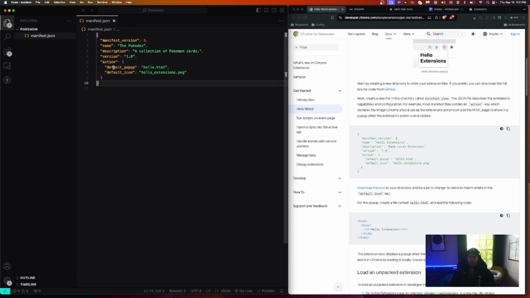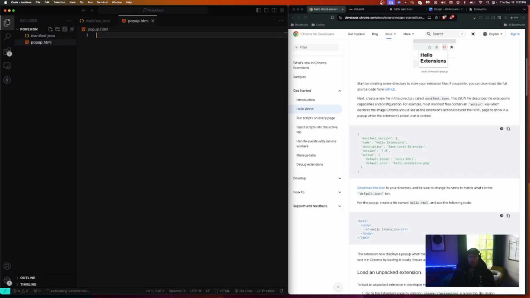So I want to just describe what these two are. The first one is going to be the file that gets opened when we first open the Chrome extension. Now, one of the cool things is we can have multiple pages here. And of course, we can name these whatever we want. It doesn't have to be index.html because we're designating the root path, which is going to be hello.html, which we don't have that file. We're going to create one, and I'm going to have you do it right now. It's going to be called